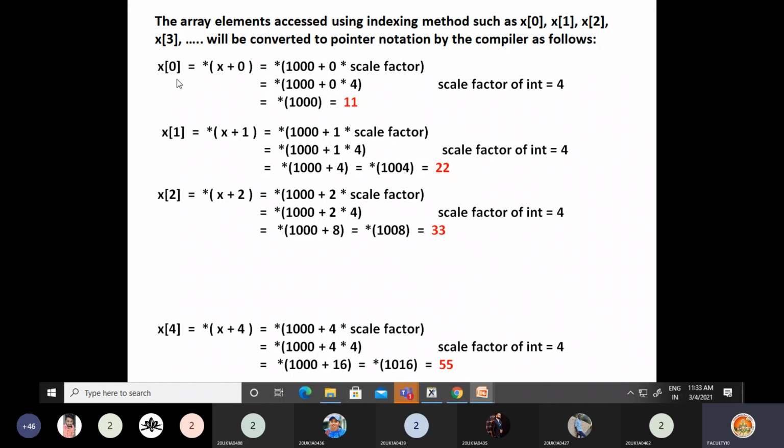Even though we say array elements are accessed using the indexing method, called array indexing, x of 0, x of 1, x of 2, internally the compiler uses pointer notation only. That means array notation is converted to pointer notation only.